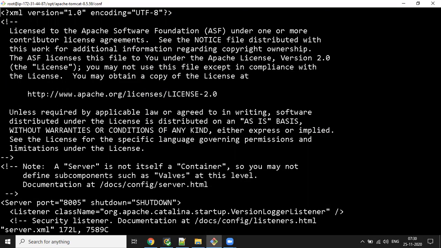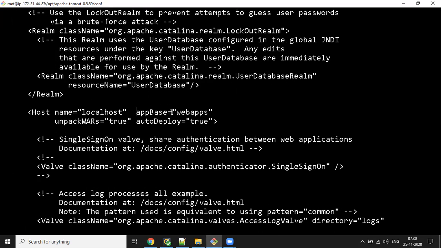I'm opening that server.xml file. I want to search with the name called appBase. See, by default it is coming as the webapps directory. Now I have to change this directory to Chandra. Press escape, :wq.